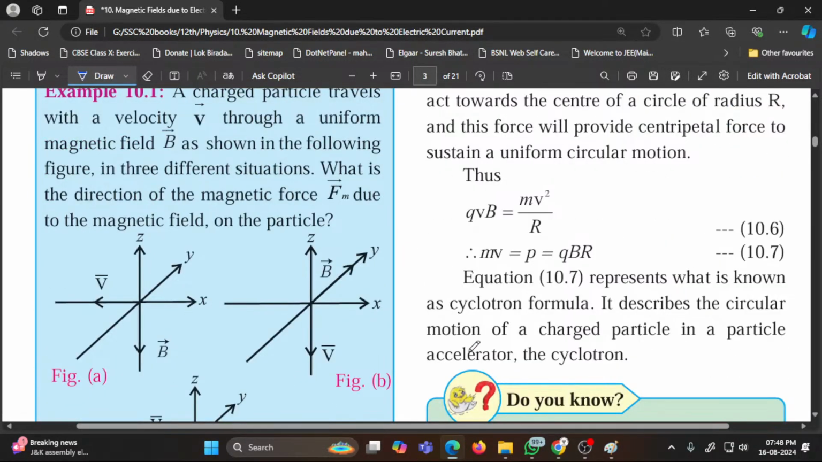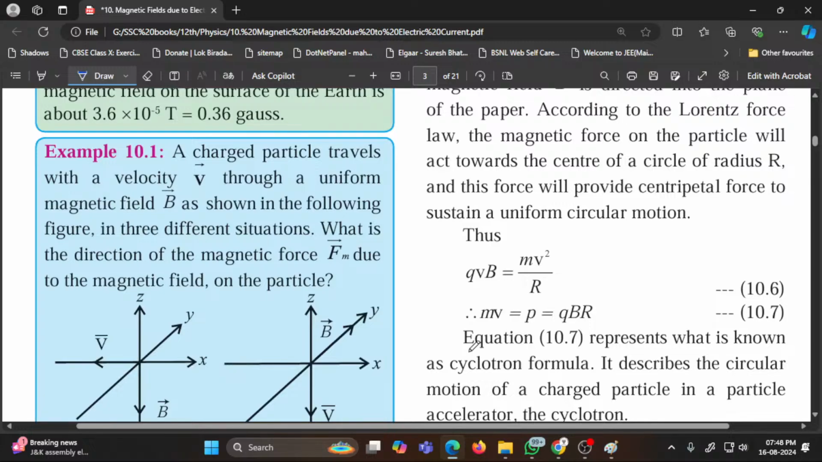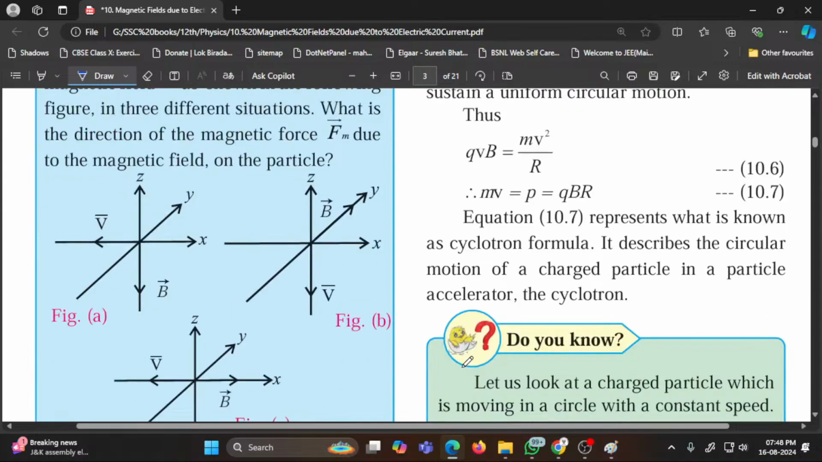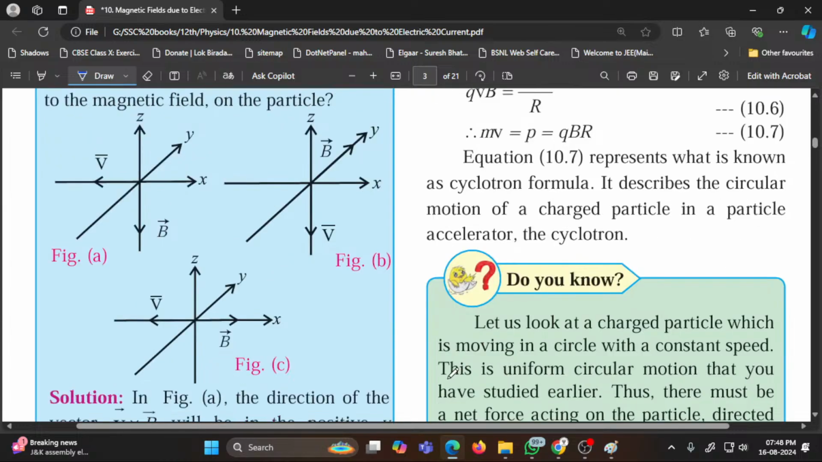A charged particle travels with a velocity v bar through a uniform magnetic field B as shown in the figure. What is the direction of the force Fm due to the magnetic field on the particle? In figure A,